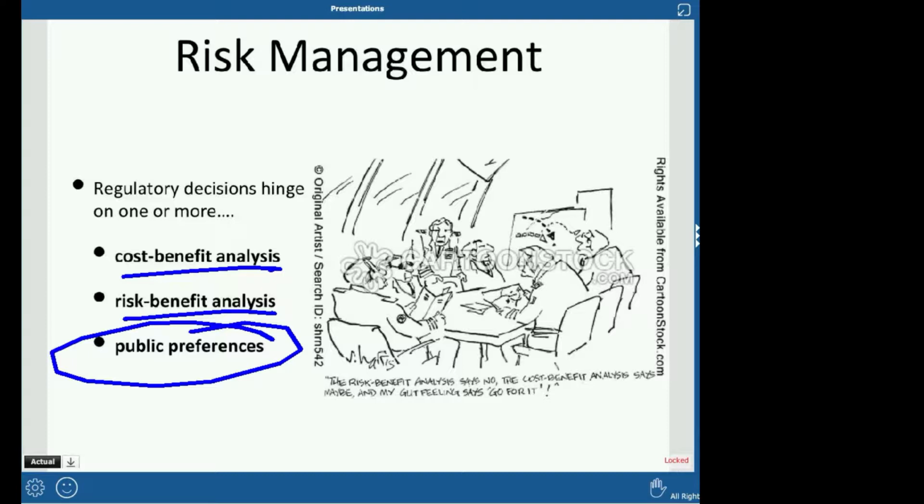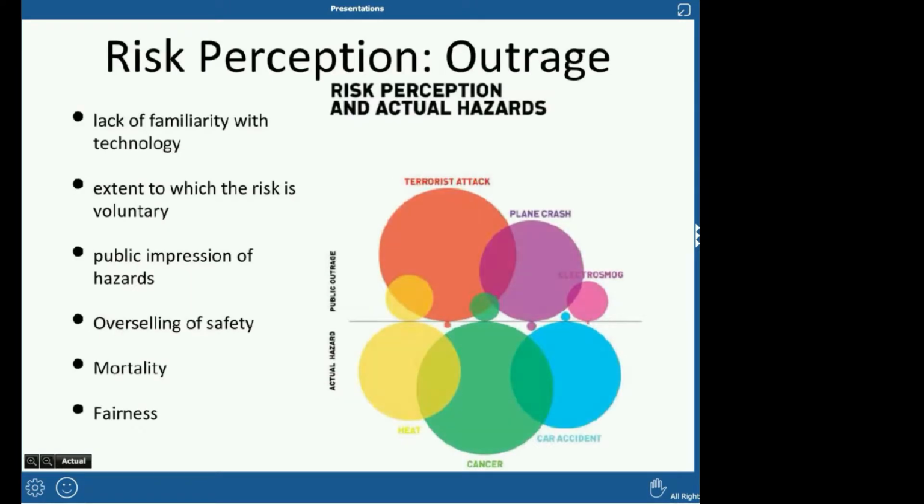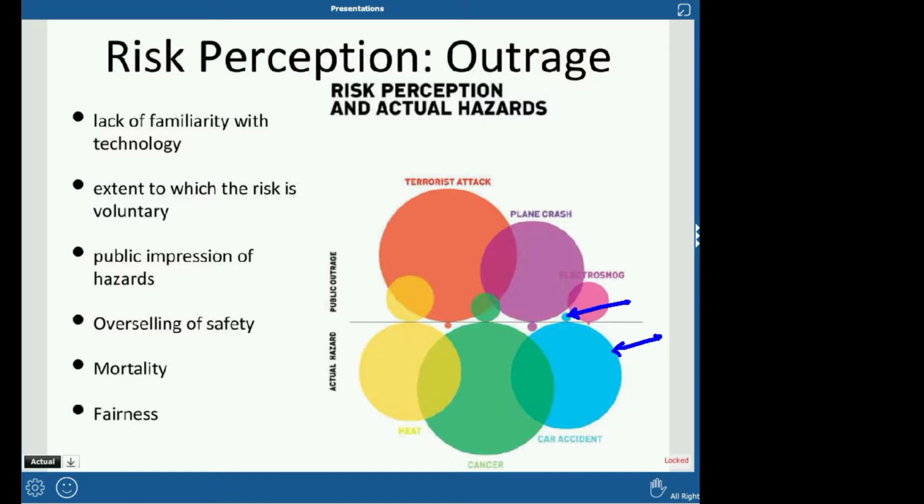I used to have a graph, I don't know if I have it anymore, that would show basically perceived risk versus actual risk, and it was very interesting to see. Here it is. So you can see here that, for example, a plane crash, right? The public outrage over plane crashes is very, very high, but the actual hazard is very small, right? For example, a car accident, right? The public outrage over car accidents is small, right? We all ride in the car to get places, but the actual risk is much, much higher than an airplane. You can see those are kind of backwards, which is interesting.